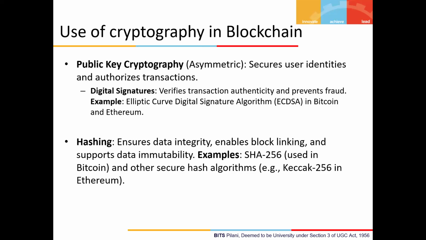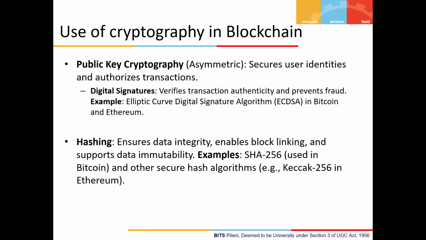As we have seen earlier, in the block structure, like the block ledger, each block has the hash of its previous block, right? So we are connecting each block to one another. In order to find the hash of the previous block, we use a hashing technique. Here we use SHA-256 in Bitcoin, and there is another algorithm, KECCAK-256, in Ethereum. So the way could be different, but the ultimate objective of these algorithms is the same.